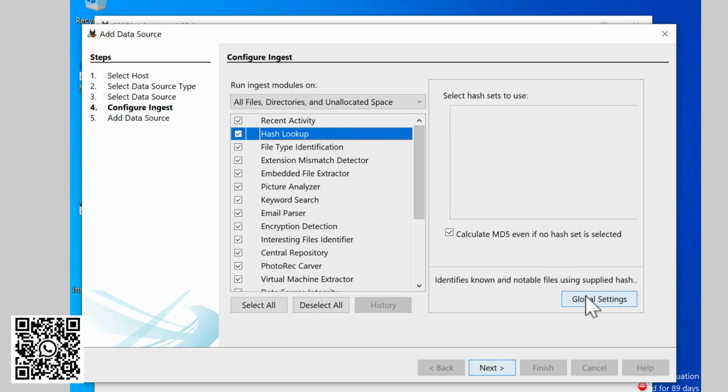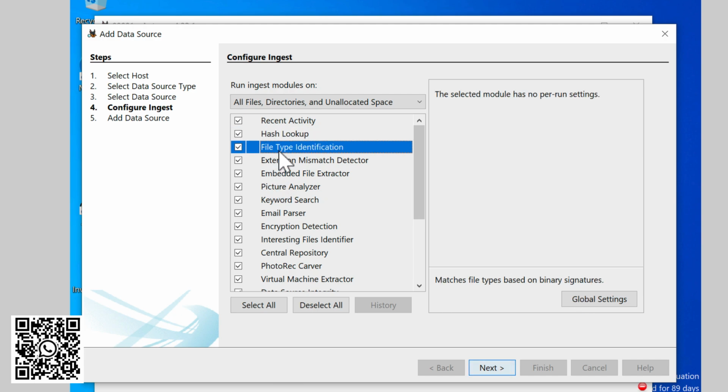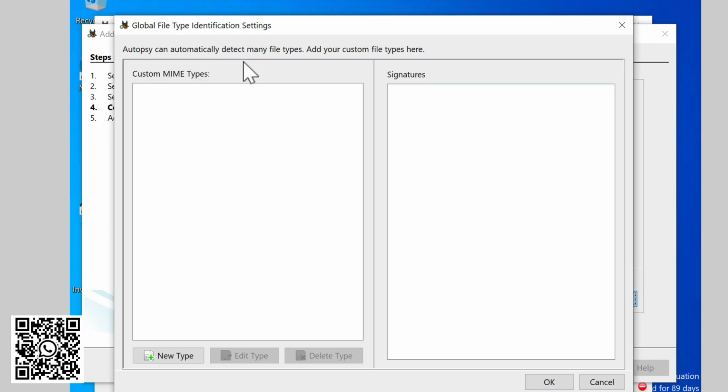Now if we talk about hash lookup, I would suggest you to click on calculate MD5 hashes, and each option over here has a global setting. So you can just go to the global setting option to find more details or advance your search.